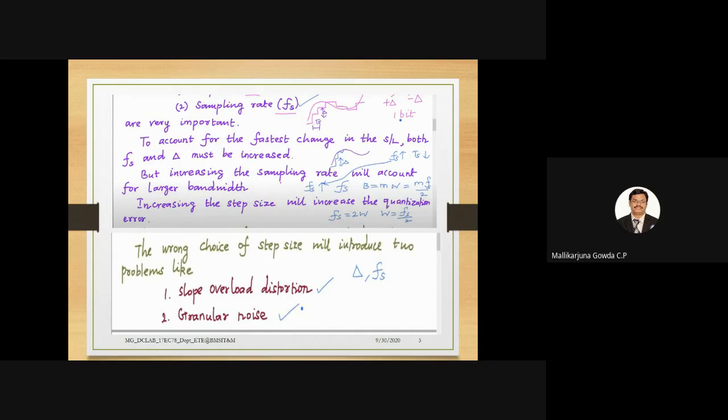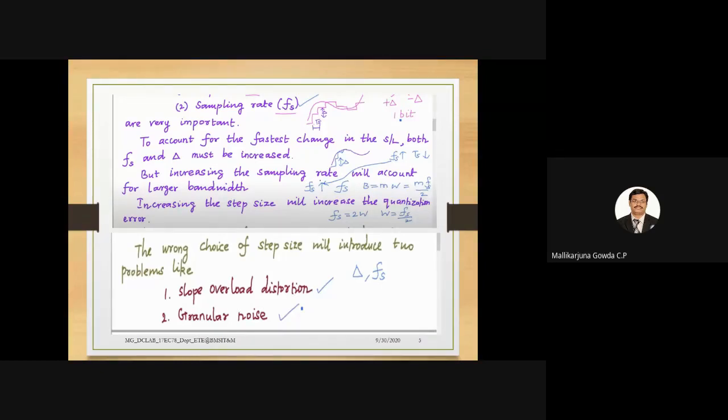Okay, so if I increase the sampling rate, what does that mean? Definitely I will be taking the samples every few seconds, say. Instead of taking every 1 minute, if I start taking samples every second, obviously the data rate will increase. With that, I need a large bandwidth, so that is not going to help me. Here I need to reduce the bandwidth, so increasing the sampling rate is not a good solution.